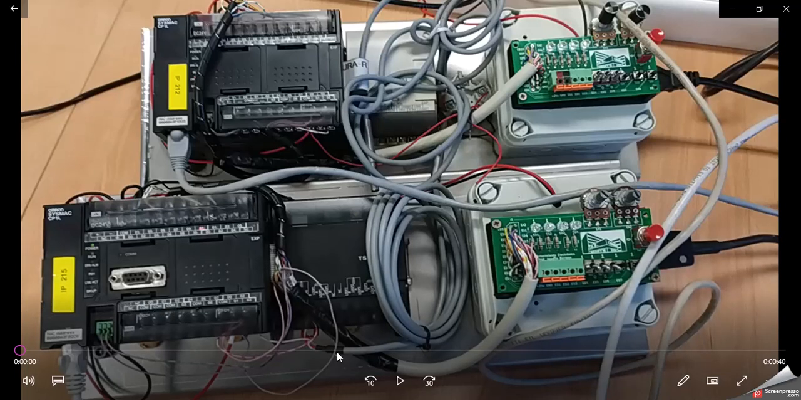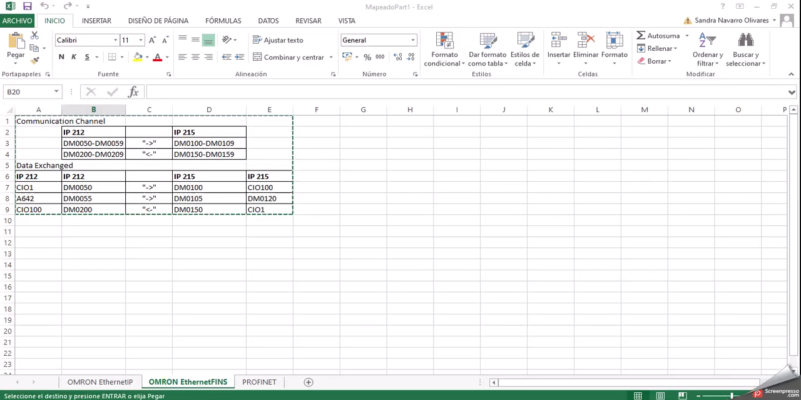In this video, we are going to see how the Ethernet practical was done the other day. First of all, we are going to start with the mapping of the communication. In this case, the communication channel that I opened was these